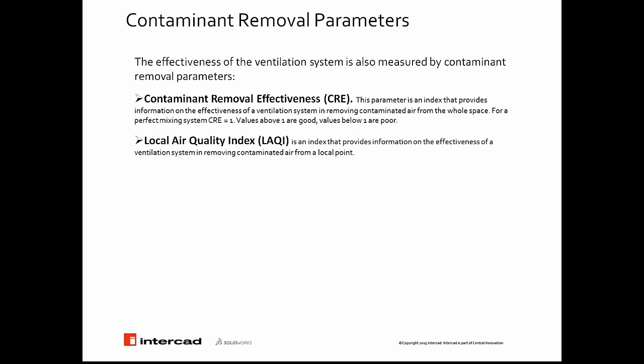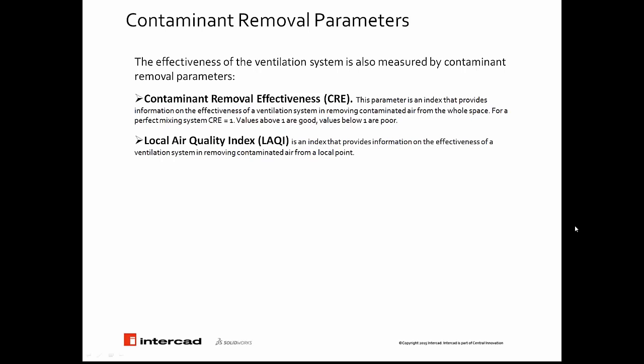For a perfect mixing system, CRE is 1. Values above 1 are good values. Values less than 1 are very poor. And the second factor is local air quality index, LAQI. This is an index which provides information about the effectiveness of the ventilation system in removing contaminated air from a